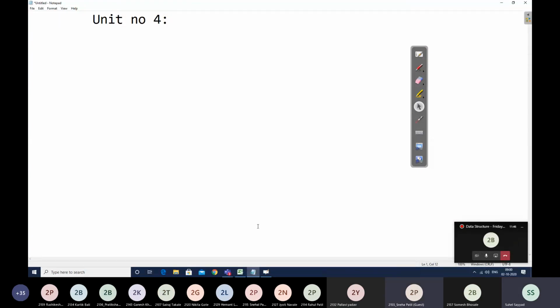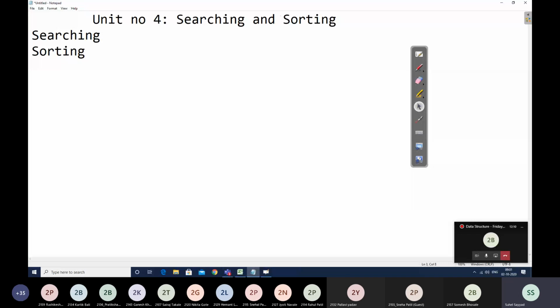Yes, sir. Okay. So today we are going to start with the next unit from our curriculum, as we discussed in the last lecture also. The name of the unit is searching and sorting. So basically in this particular unit, we are going to deal with two types of problems. One is problems related to searching and another is problems related to sorting. So let us first understand the meaning of these two terms, that is searching methods and sorting methods.